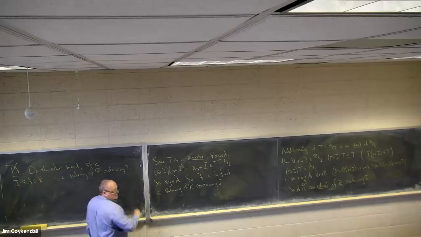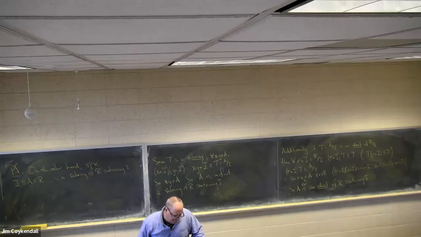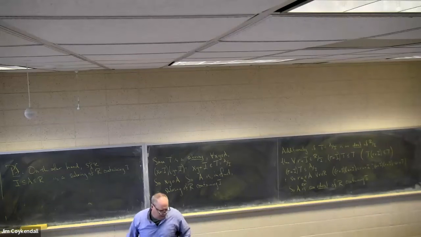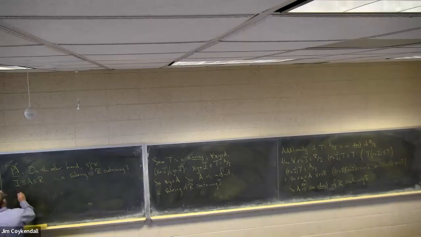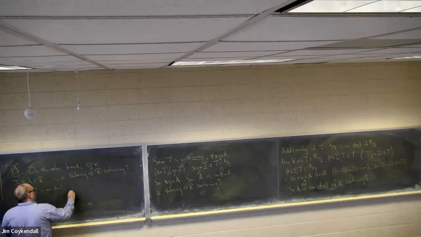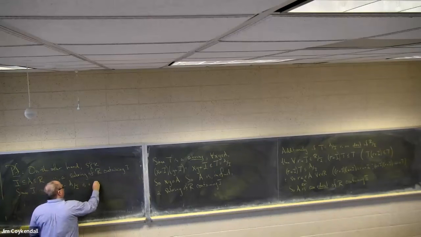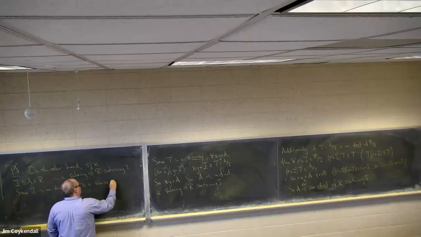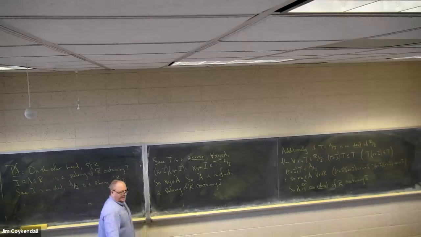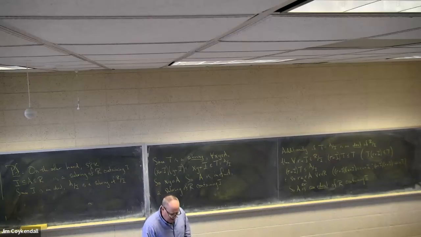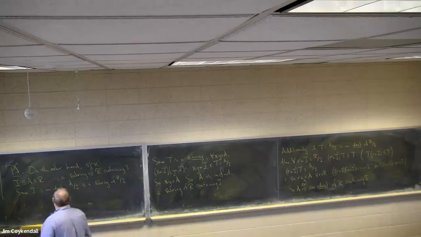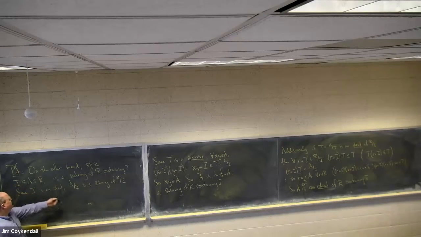Suppose that A is a subring of R. Since I is an ideal, A mod I is a subring of R mod I, because the A's are closed under addition and multiplication, and that will go through to the A mod I as well. And if additionally